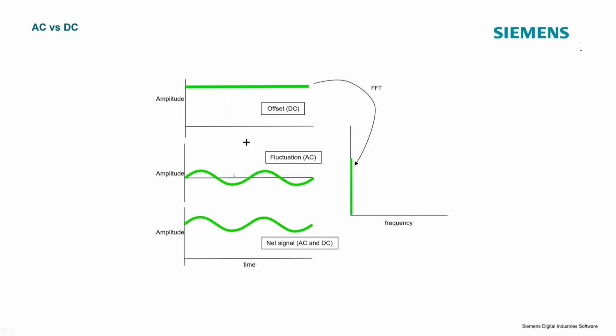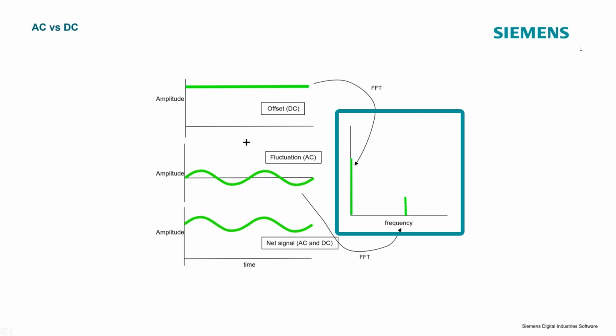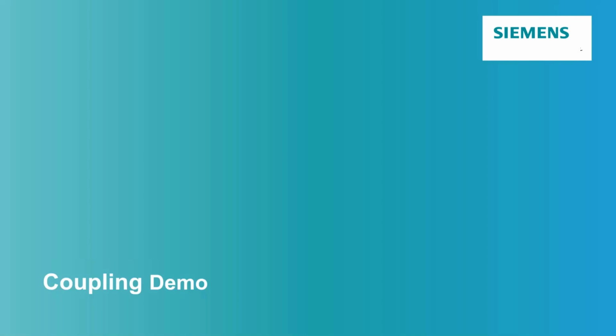And the AC will be the fluctuation, which will be all of the non-zero frequency information in our signal. So when we look at the signal, we'll have an AC and a DC portion, one representing the fluctuation, the other representing the offset. This is how it shows up in our frequency spectrum. I have a video here starring Pete and our friend Thomas that we're going to play next. They'll go into a little more detail. I just wanted to give you a primer so you know what they're talking about.